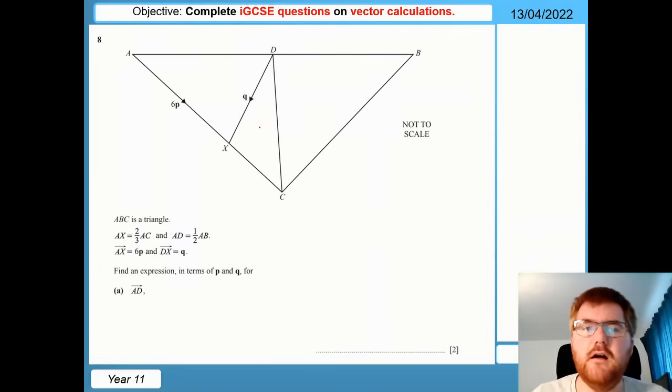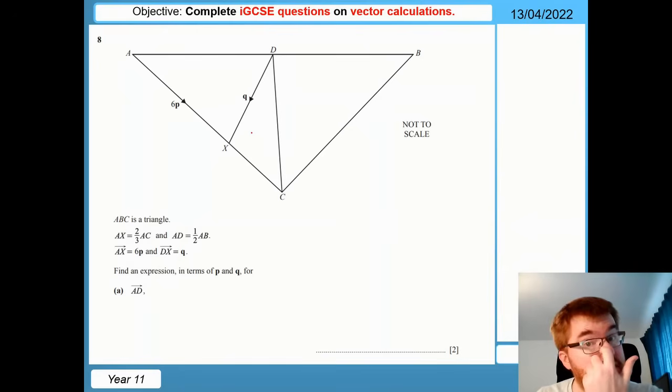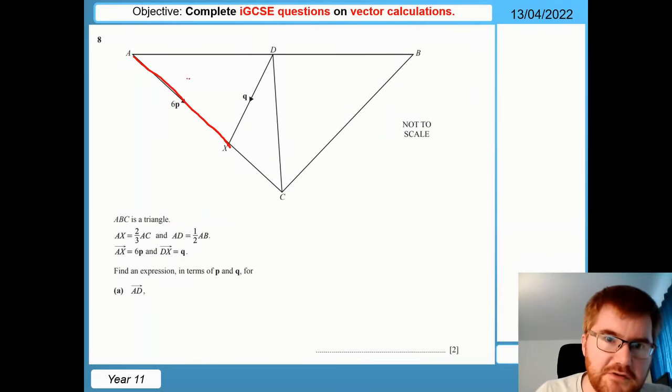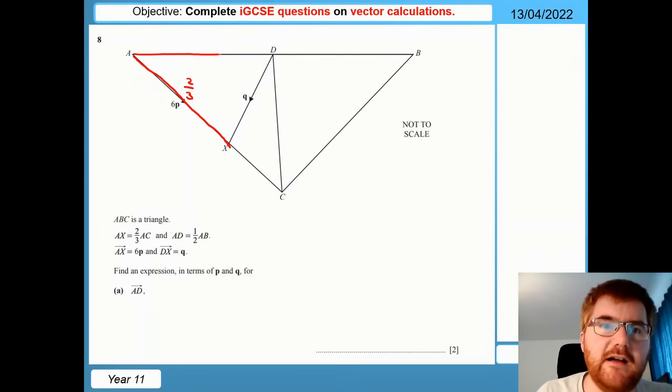Right, and on to quite a typical vector question, particularly on a paper 4. ABC is given as a triangle. AX is 2/3 of the entire length AC, so that's worth indicating here. So I'm going to put a red line here and put 2/3, just to remind myself. And AD is half of AB. Again, I'm going to put a red line in here just to remind myself that this is half